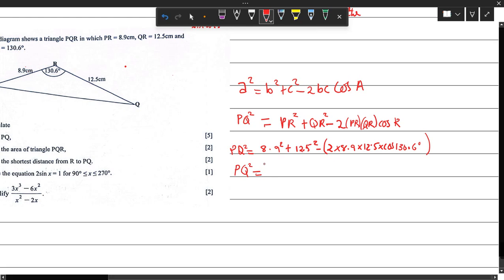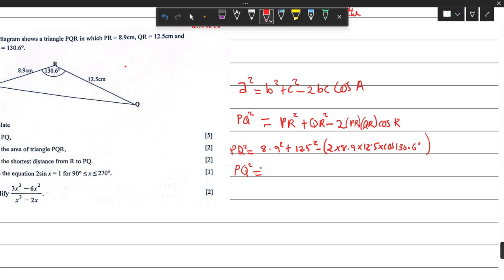So you square now: 8.9 squared is 79.21. Mind you, don't round off anything. 12.5 squared equals 156.25, minus, so we multiply this by 2 multiplied by